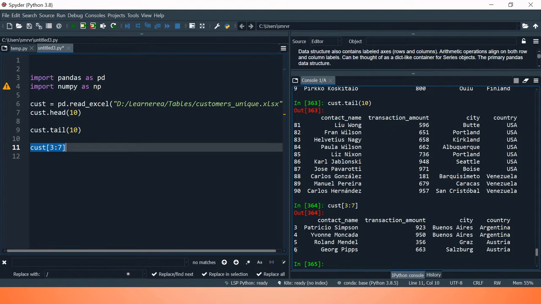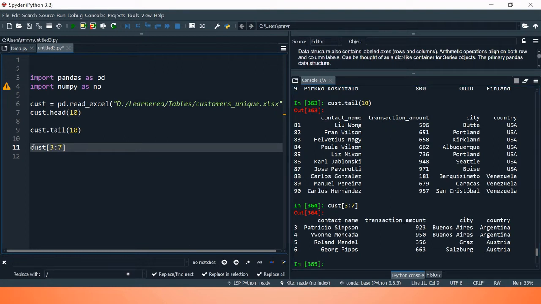The question which you have got is, here you are giving 7, but it gives you the rows up until the 6th only. Why is that so? In this normal selection, the end point which you provide is always excluded in the result.